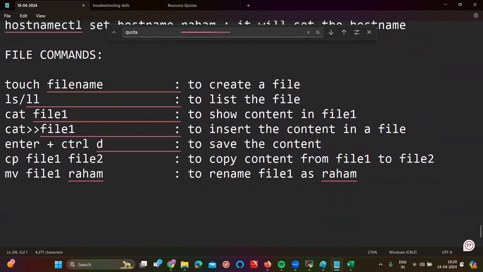Okay. So now, before I go for the next command, are these 5 commands clear for all of you? Can you please confirm are the first 5 commands clear for all of you or not?